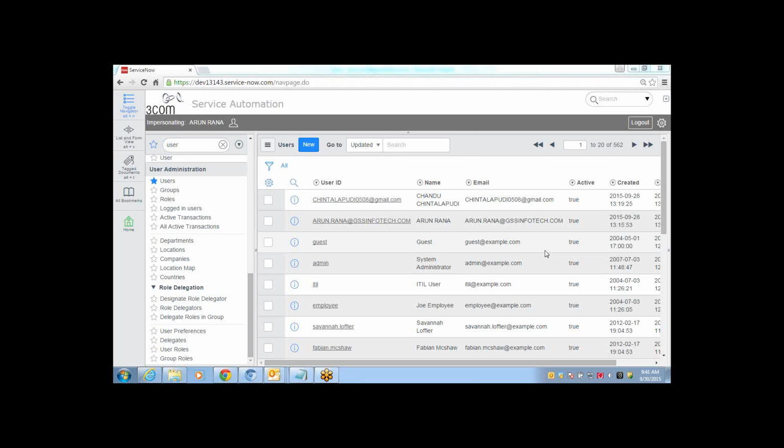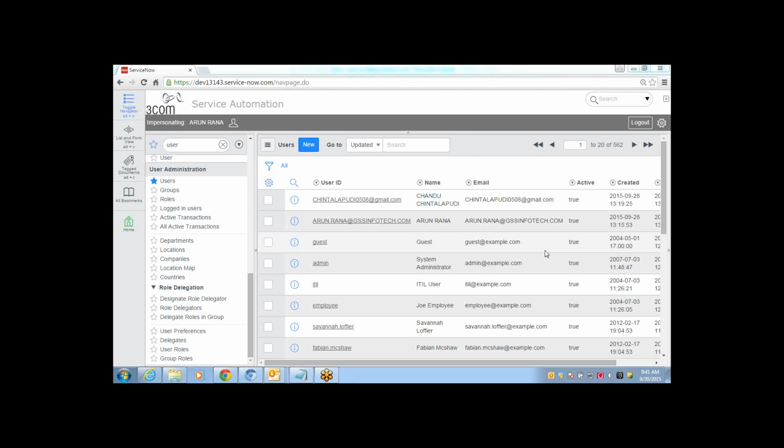Okay, everyone clear? Before I move on, I cannot see Arun's record from my system. You have to impersonate with Arun. Click on the man button and then log in as Arun. You type Arun and click OK.